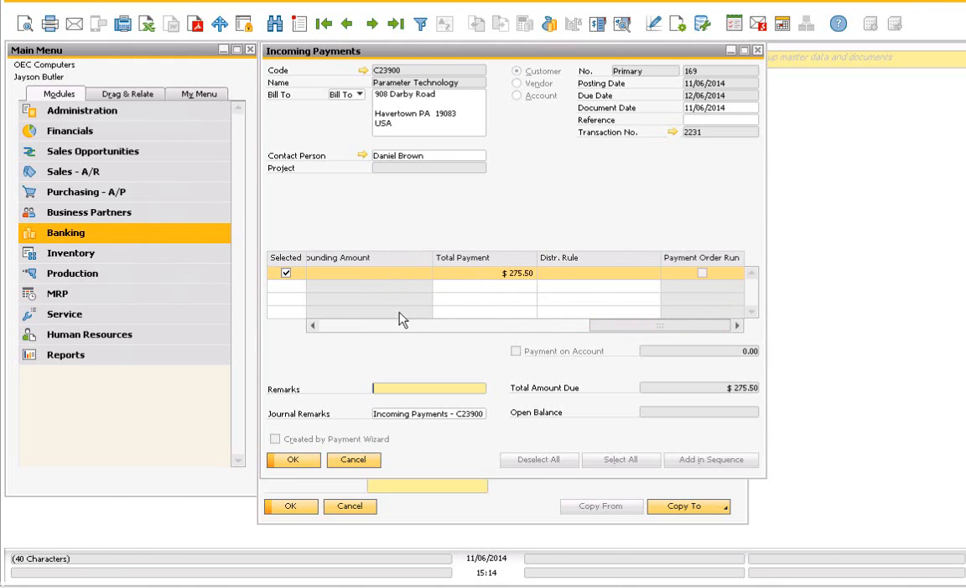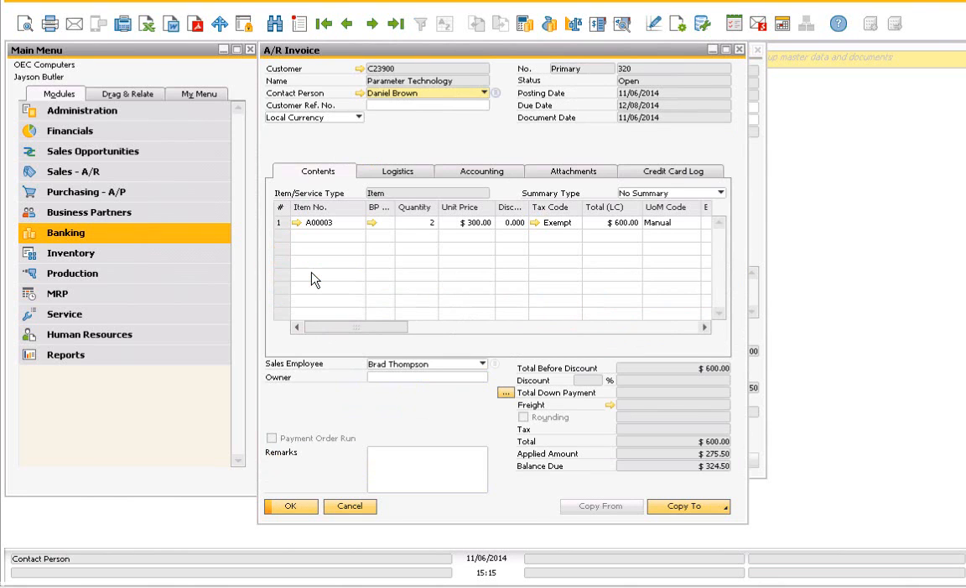As you can see, my $275.50 incoming payment has been completed, and I can drill back to the AR invoice to see that it's been applied to the document. There's $324.50 remaining on the document that can be paid at any time with other future partial payments following the same